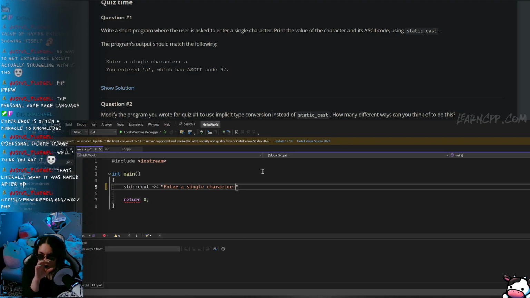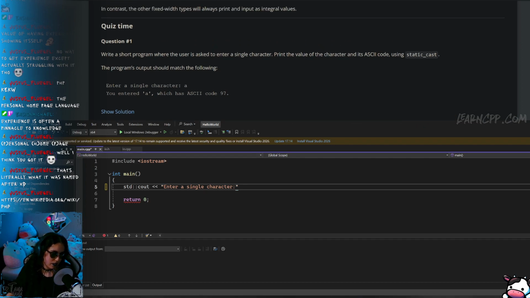Sorry, I want to like 100% the quiz, so I get very almost character specific, so that it'll be exactly the code that they have in the solution. We don't always get 100%. So enter a single character. Probably space though. Yes. And then